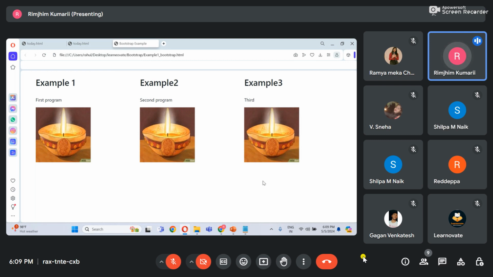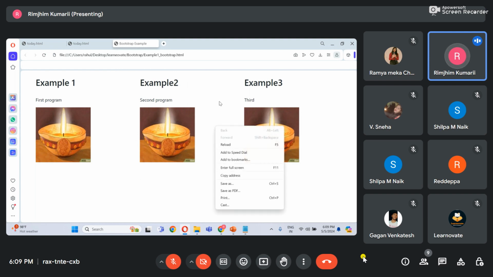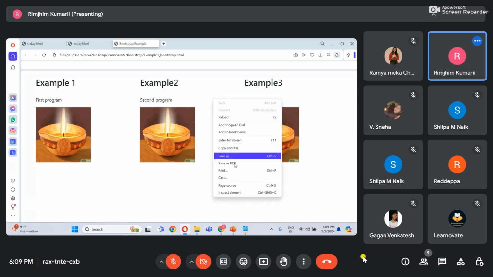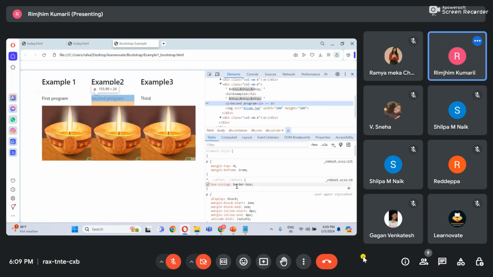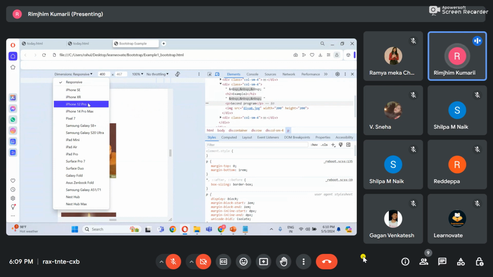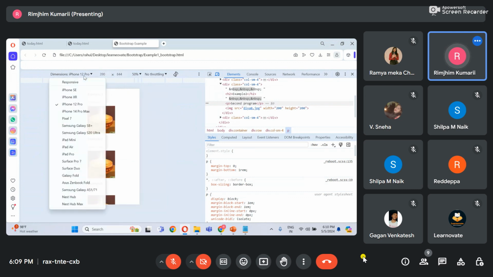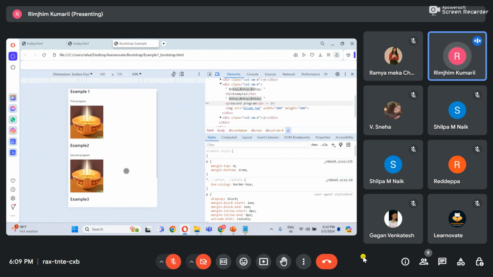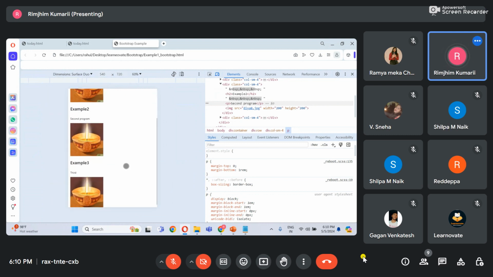I think I taught in the last class how to inspect code. So you have to click on inspect element. Here you'll get this option, okay, and then in responsiveness you'll be able to see iPhone XR, iPhone 12 Pro, iPhone XR series. So you'll be able to see how my program looks on different screens. Okay,